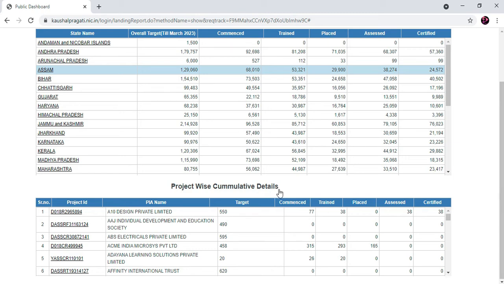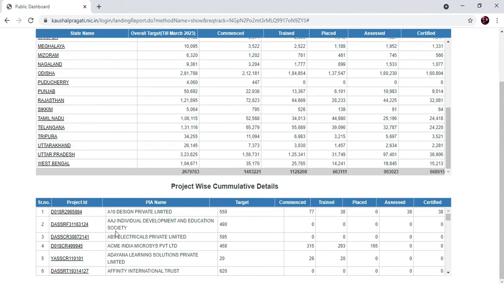From project wise cumulative details, you can select your own PIA name from this list. If you want to check your batch information and batch details, you go to the project ID and click the project ID link for whichever PIA you are.